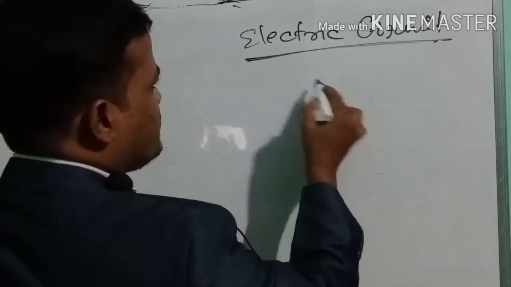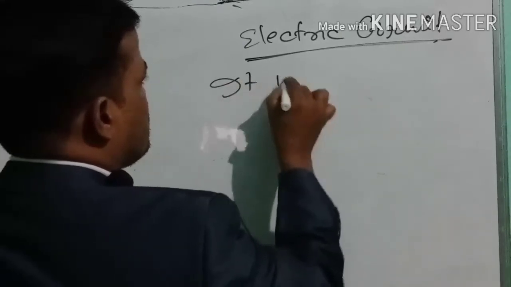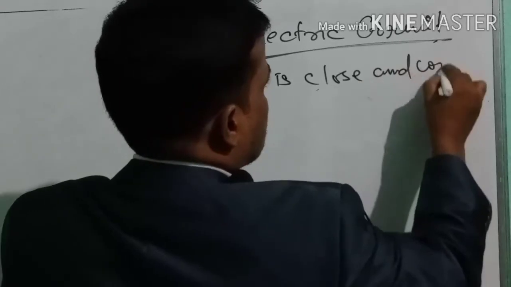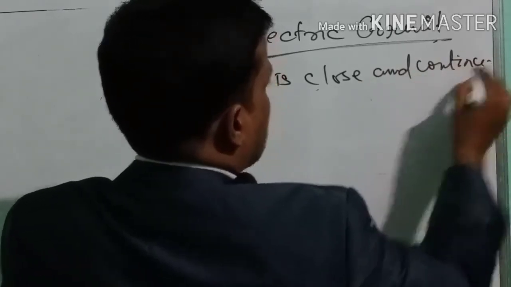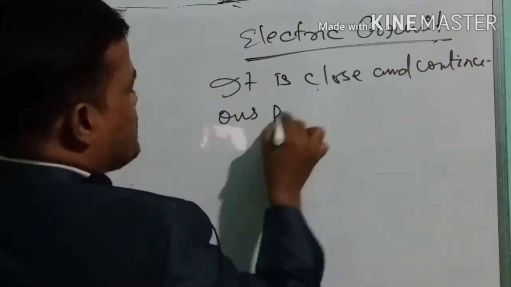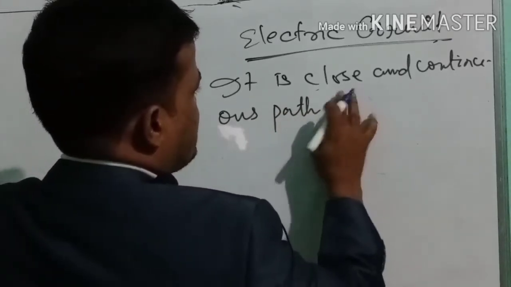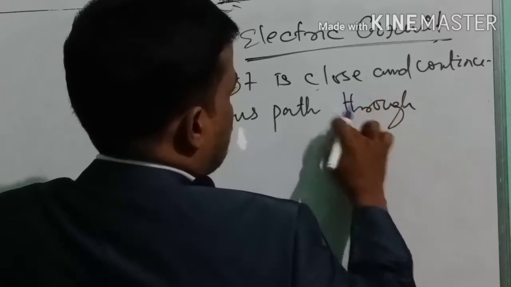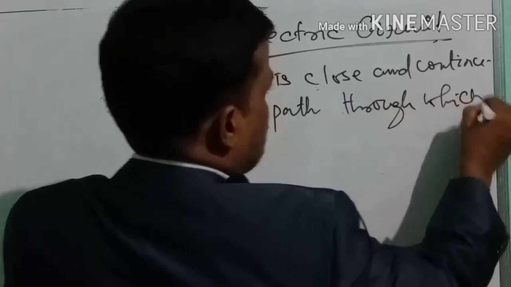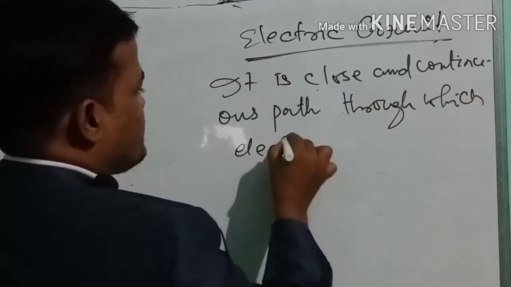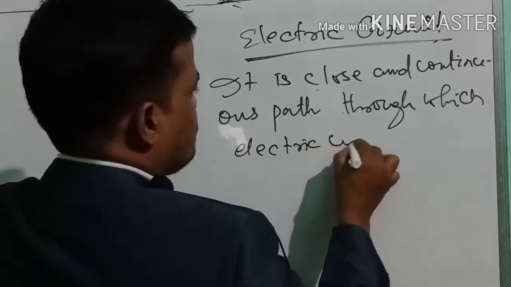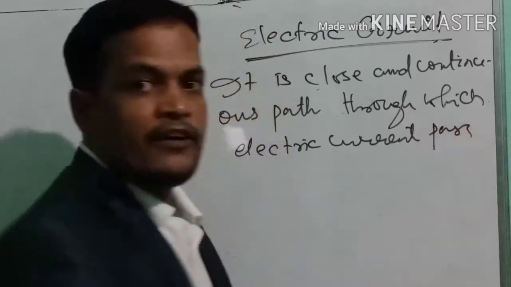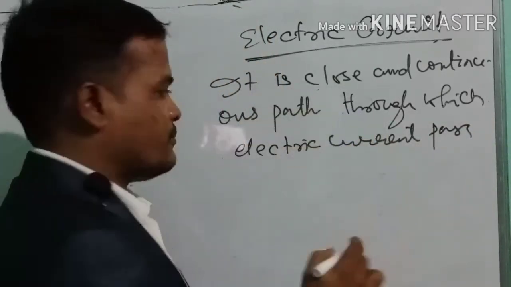We know that electric current passes through a closed and continuous path from one terminal to the other terminal,